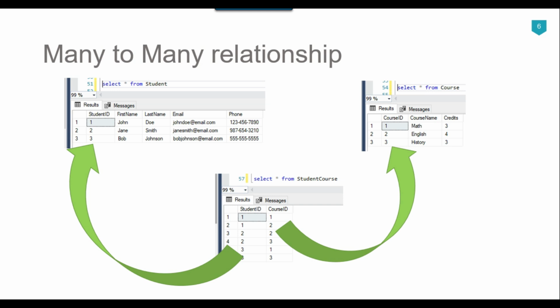To create the relationship between the tables, either we can create the relationship using the GUI, or we can create it using SQL queries by creating the foreign keys on the SQL Server tables. When we create the entity relationship diagram, behind the scenes it also creates the foreign keys and the relationship between the tables. And when we modify or delete the relationship, we'll see what will happen to the existing foreign keys that were created. Okay, so let's jump to the demo.